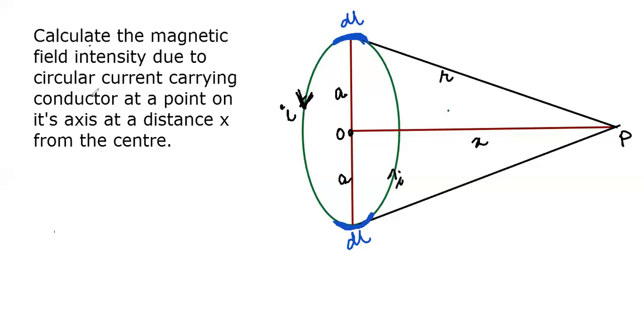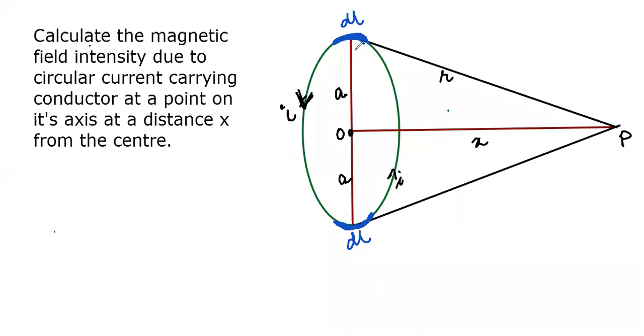So here we have to find out the magnetic field intensity due to a circular current carrying conductor at a point on its axis. If I consider the circular current carrying conductor like this, where the current is flowing anti-clockwise, you can see we are trying to find the magnetic field at this point, on which my pointer is going. This is actually your OP. Am I clear? So here we are considering the OP.